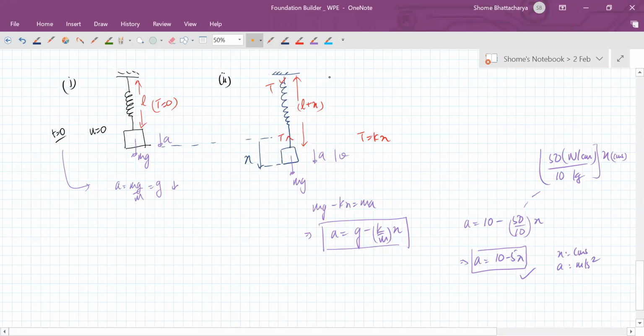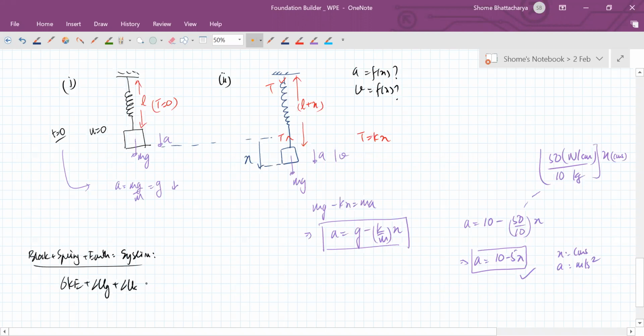But we also want to find the speed as a function of x. So let's look at that next. To find speed as a function of x, use the work energy theorem. If you take the block plus the spring plus the earth as your system, then you can see that the change in kinetic energy plus change in gravitational potential energy plus change in spring's potential energy is 0,